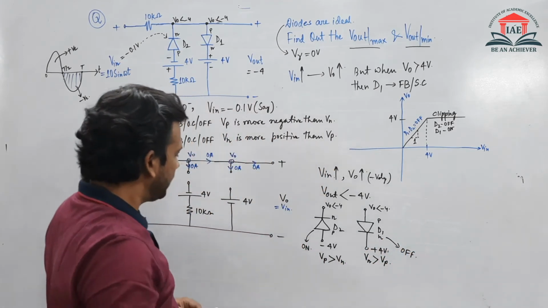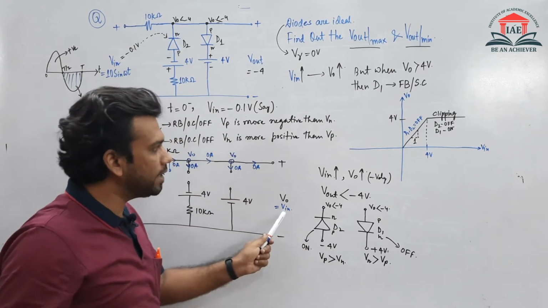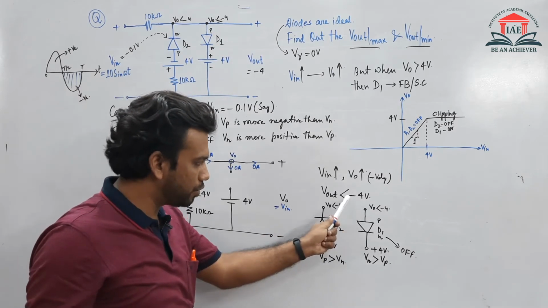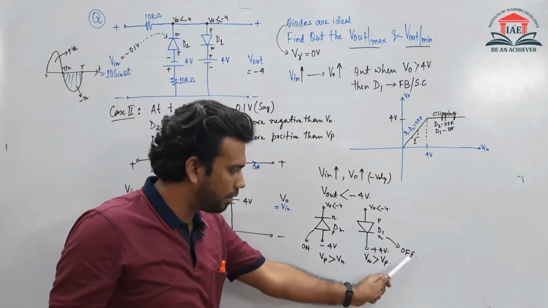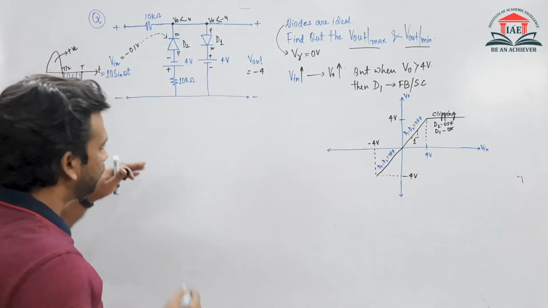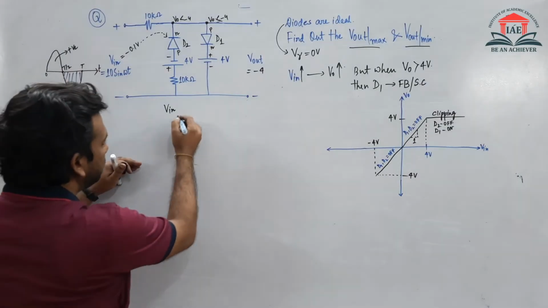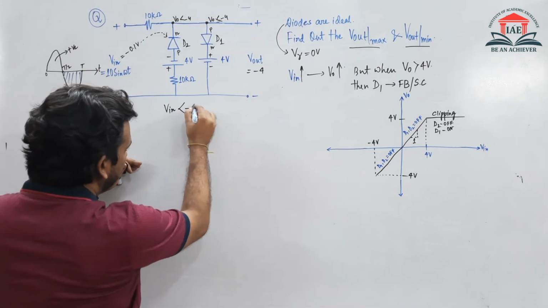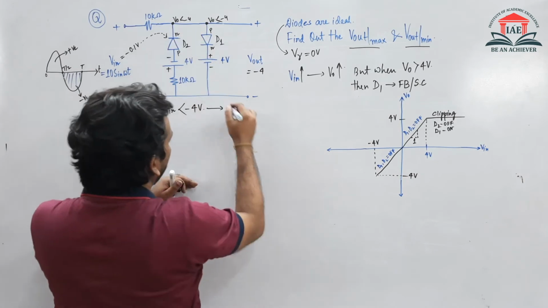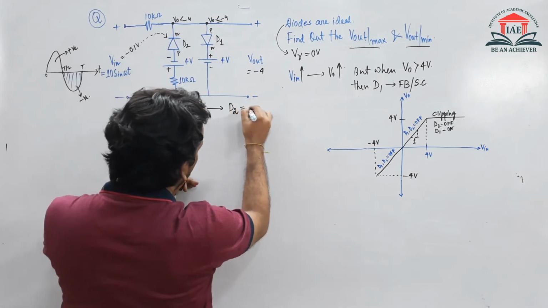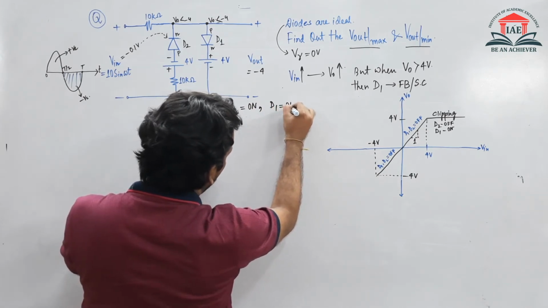So that means ये जो सर्किट था, t equals to 0 minus condition पे, मेरा जैसे ही आउटपुट वोल्टेज -4 से छोटा हो जाएगा तभी मेरा D2 डायोड ऑन हो जाएगा और D1 डायोड ऑफ हो जाएगा. So far what we have seen that when the input voltage in the negative cycle, when the input voltage will be less than -4, so we have seen that the D2 डायोड ऑन हो जाएगा और मेरा जो D1 डायोड है वो ऑफ रहेगा.